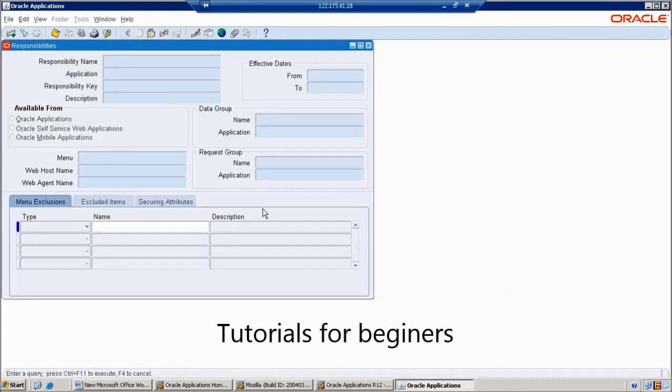But actually at this point, how many tables did we find for responsibility? 2 tables. One is FND responsibility, another one is FND responsibility TL. Both are the same, but FND responsibility has only responsibility ID, but FND responsibility TL has both responsibility ID and responsibility name.